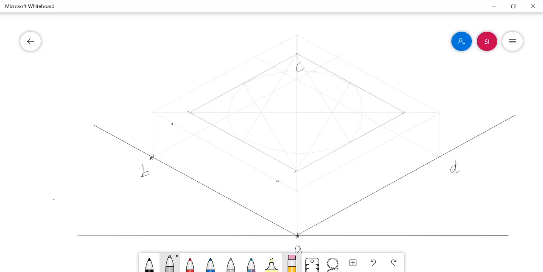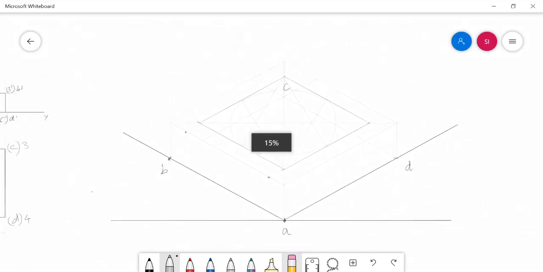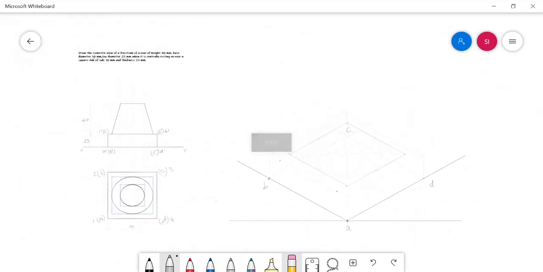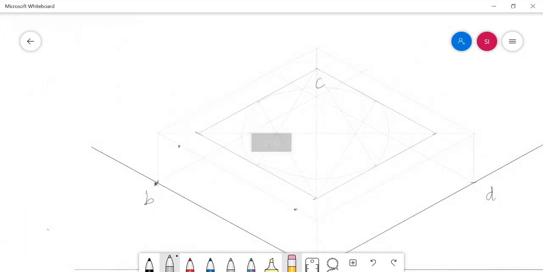Just I completed the base of the frustum of cone, the circular base. After that, the top face with the 25 mm diameter circle can be drawn at the height of 40 mm. For that, I need to elevate this box up to the height of 40 mm.